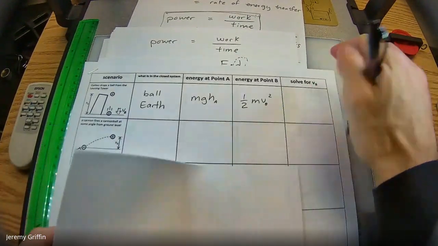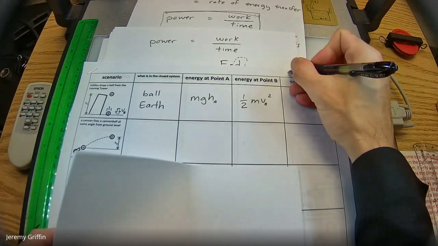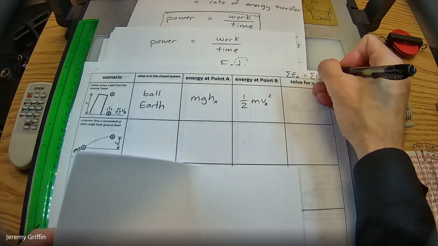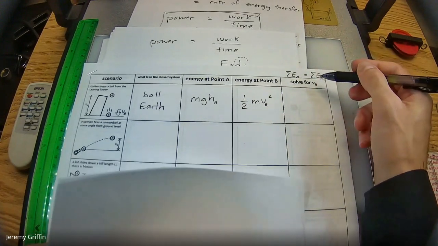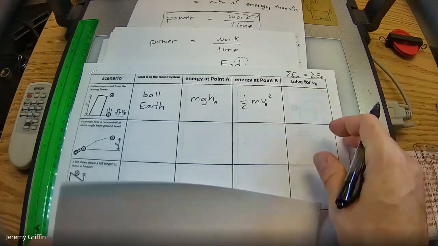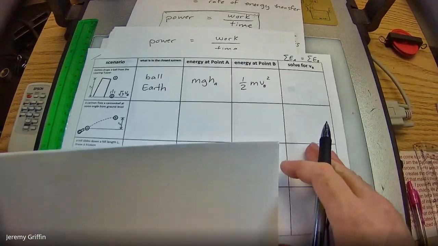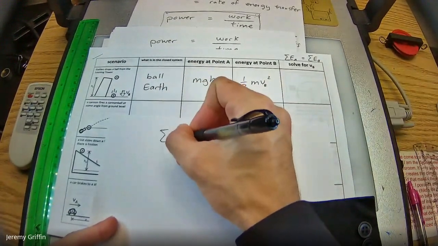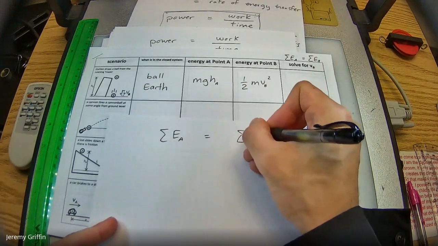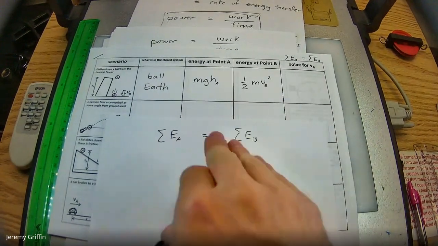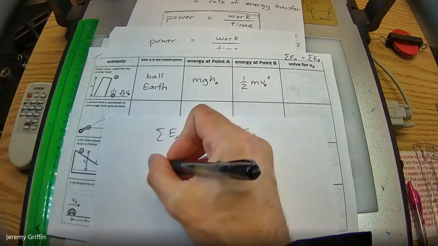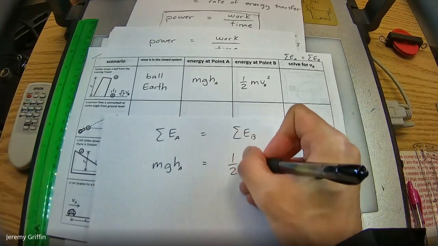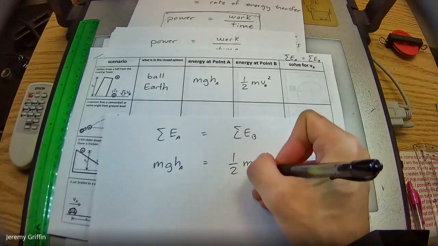Now this last column, I should tell you guys this. You might want to write above this column this setup: sum of energy at point A is equal to the sum of energy at point B. Because that is the setup for every single one of these. That's the whole premise of this table, is conservation of energy. That's what that says, energy is conserved. So the sum of energy at point A is equal to the sum of energy at point B. Okay, so for the Galileo example, energy at point A is just mgh at point A. At point B, it's all 1/2 mv squared, of course at point B.